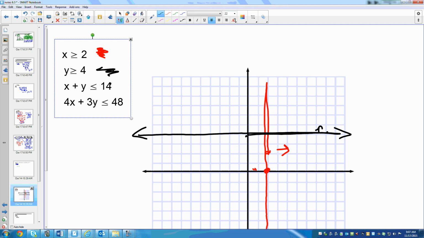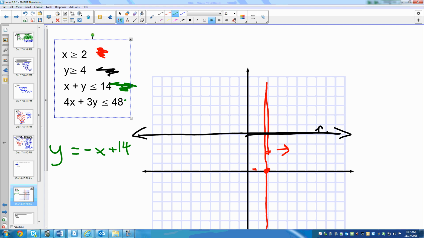That third line, how do I graph that line? X plus y is less than or equal to 14. You can find the x and y intercepts, so x to 0, y to 0, or you can do y equals mx plus b. That's what I'm going to do for this equation. So I draw the green right beside it. I'm going to subtract the x, so I get y is equal to negative x plus 14. That means 14 is